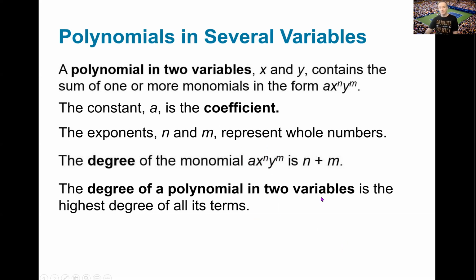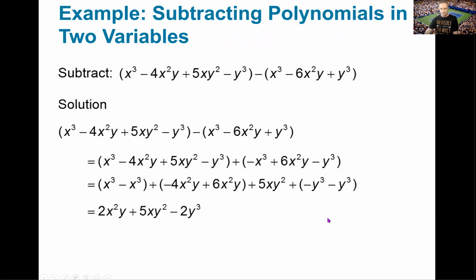The degree of a polynomial in two variables is the highest degree of all of its terms. So now if I'm asking you to subtract a polynomial in terms of two variables, it's the same rule that applies. You can only add and subtract like terms. So when I'm giving you this problem here, and I'm asking you to subtract, now I showed an intermediate step